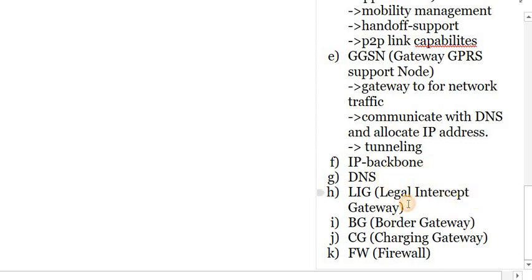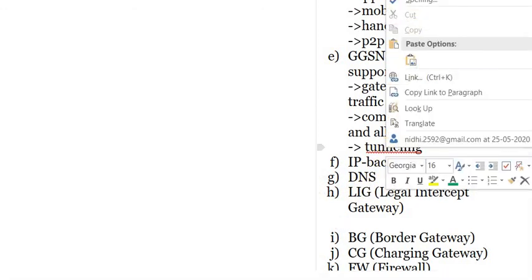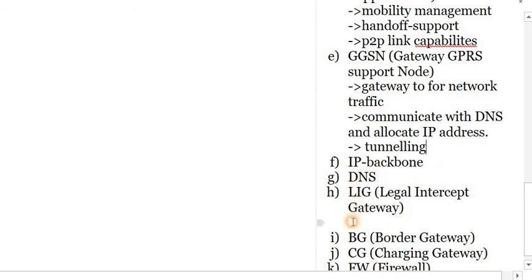Now the LIG, that is called the legal intercept gateway. DNS I am skipping because I already assumed that you know about the DNS functionality, how the DNS works. You already studied it in computer networks, taught by Nishant ma'am. So LIG is called the legal intercept gateway.